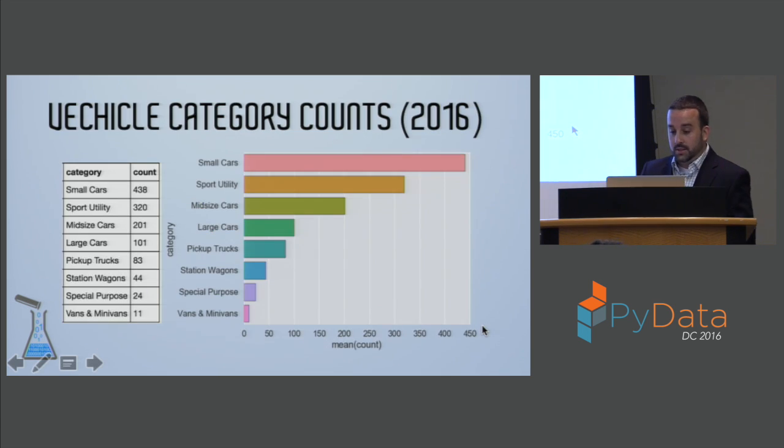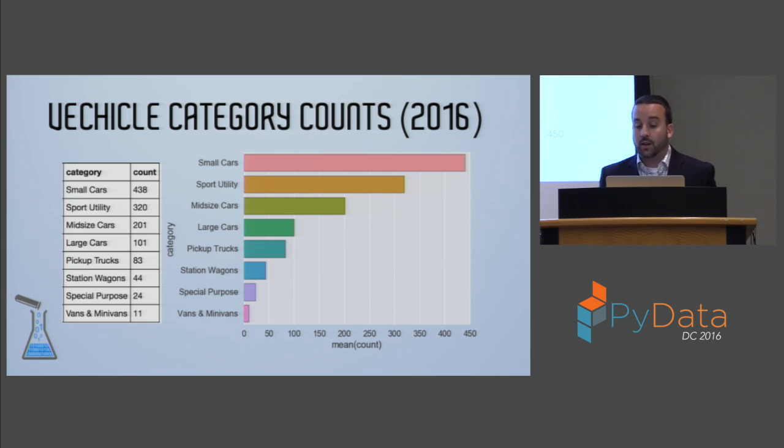To start out here, I've filtered the data by year, so just for 2016, and I've aggregated it by vehicle type, and here's what the transformation looks like, and then the accompanying bar chart. From this, we can see that there are currently significantly more small cars being made than all the other cars, followed by SUVs and then mid-sized cars after that.